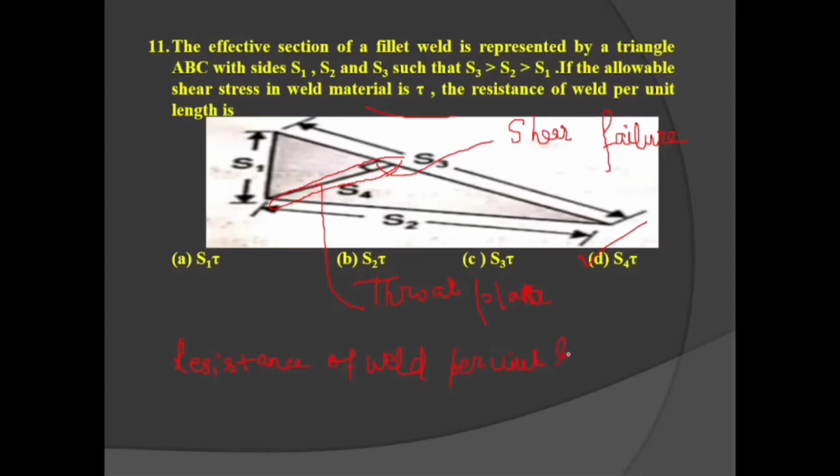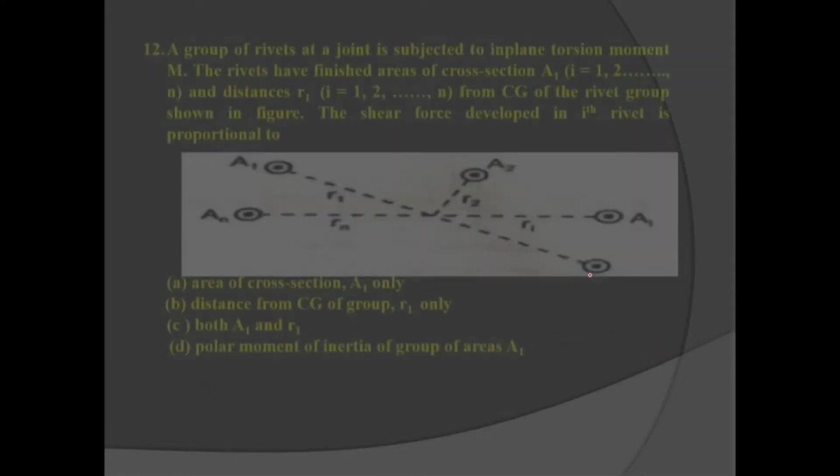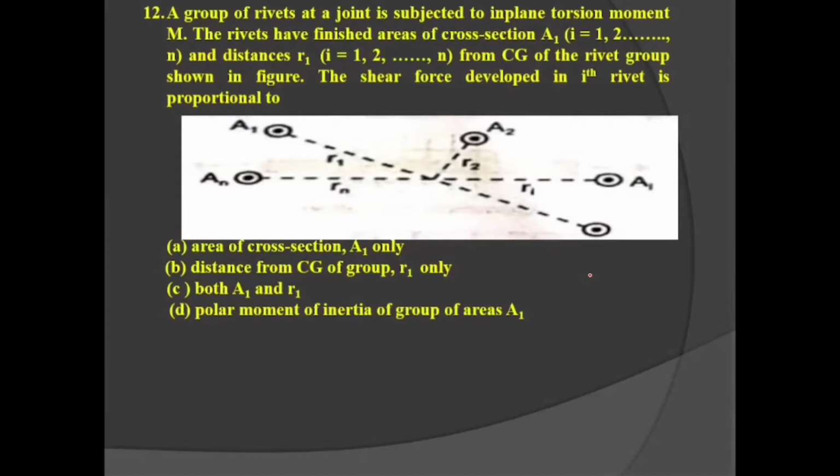Resistance of weld per unit length is equal to S4 into tau. So our option number D is correct. That is S4 into tau. Okay, so my dear students, our 12th question is: a group of rivets at a joint is subjected to in-plane